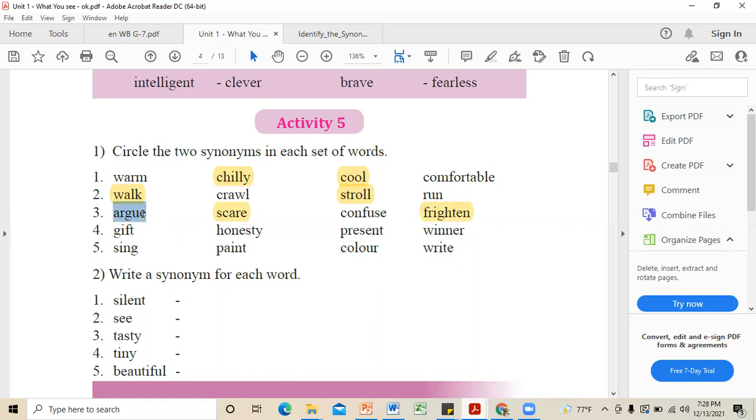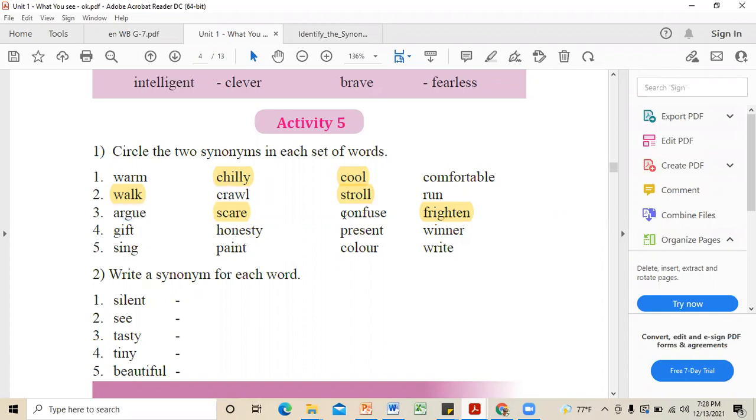Argue means if two people have different points of view or different ideas, they try to kind of fight, right? It is not fighting with their hands or legs, but using words. So argue means අපි තර්ක කරගන්නවා, ඒ කියන්නේ අතෙන් පයෙන් ගහගන්නවා නෙවෙයි. So that is what we mean by argue, right?